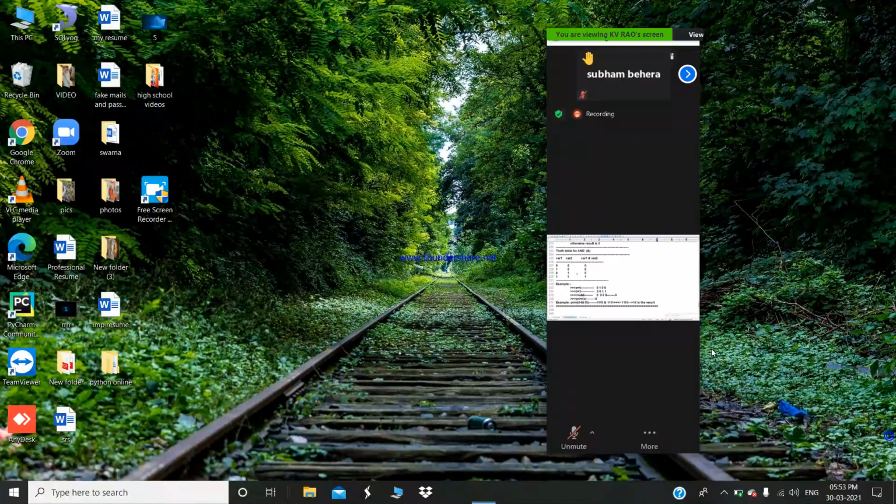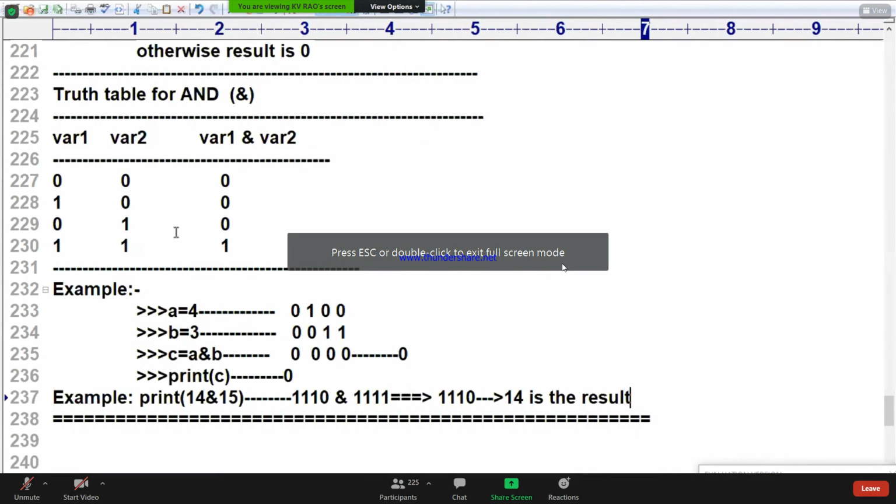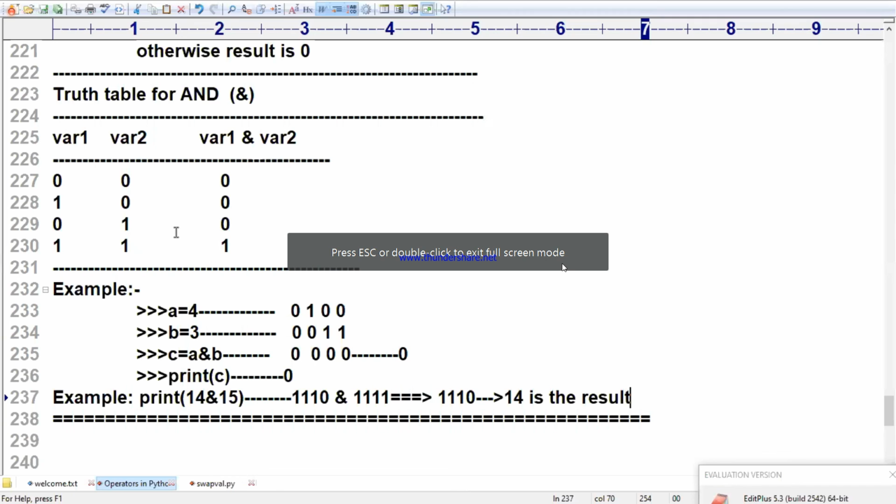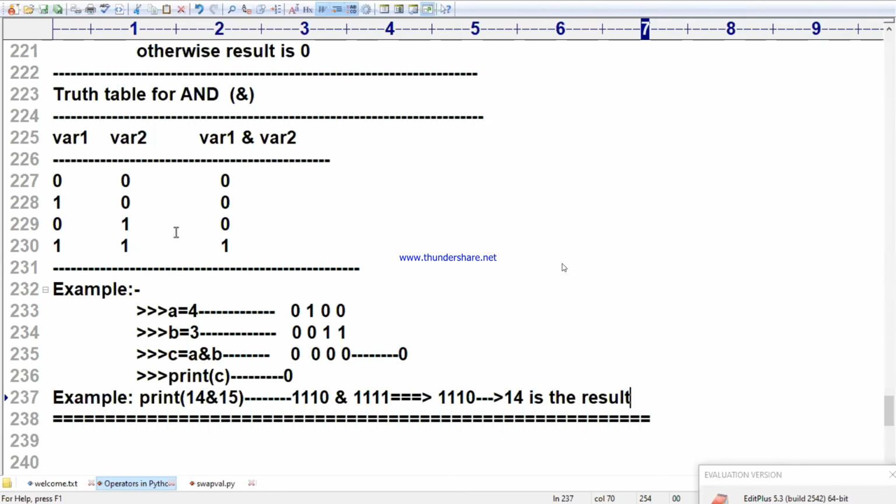Union operation is there. Tomorrow when I come back, I will explain this AND operator with intersection of sets. I already used these operators in the intersection. I will tell you in tomorrow's class how it is working. OR operator, union, I will tell you tomorrow class. Okay, na? Don't worry. Tomorrow when I come back, I will continue. Up to here, whatever is done, I will upload in the class.